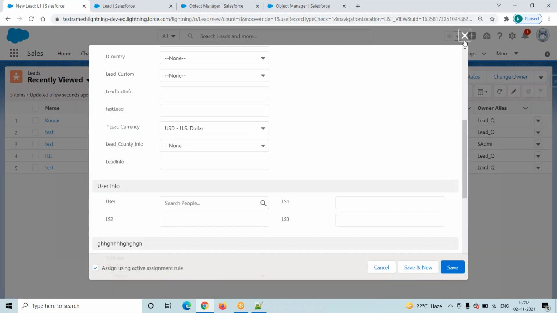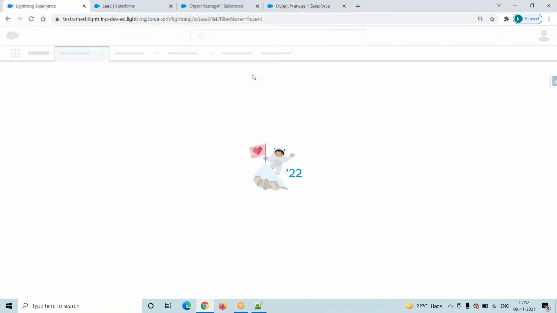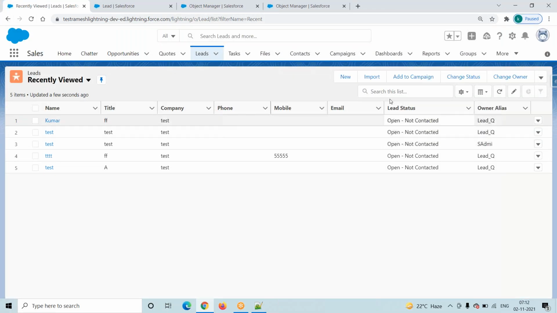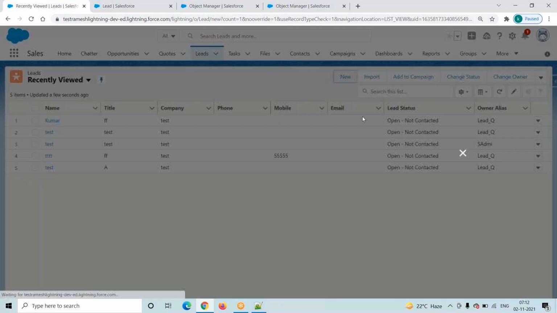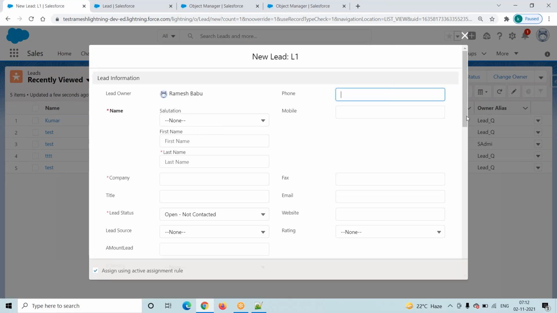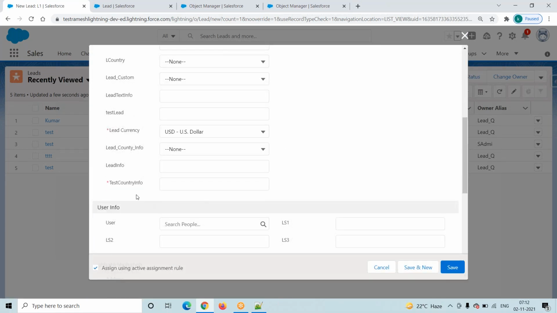Okay, we have to refresh. Here, click on this new button. Select next. Now go here. See, test country info. Yes, this is a required field, because this is a custom field. So while creating a field, we make this field a mandatory field. Okay, fine. But